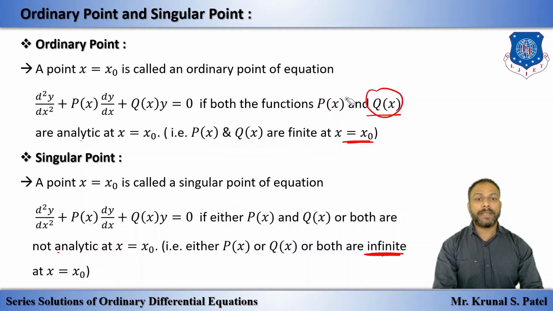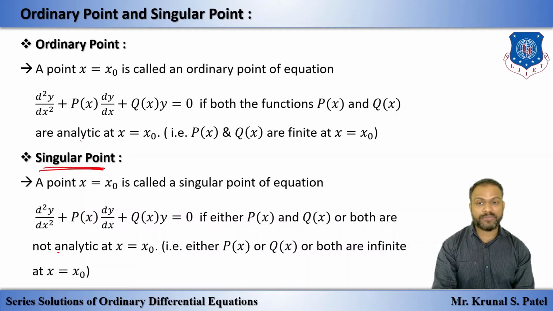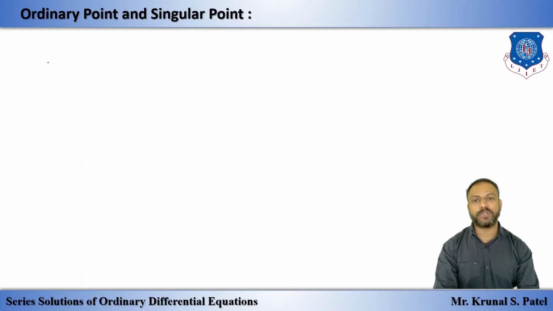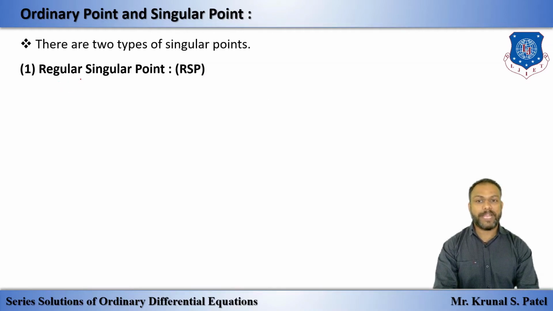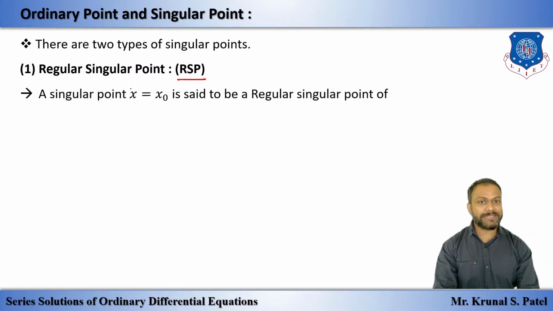Okay, now we have two types of singular point. Number one, regular singular point, that means we can say RSP. What is the definition of regular singular point? A singular point x is equal to x0, because this is the type of singular point, is said to be